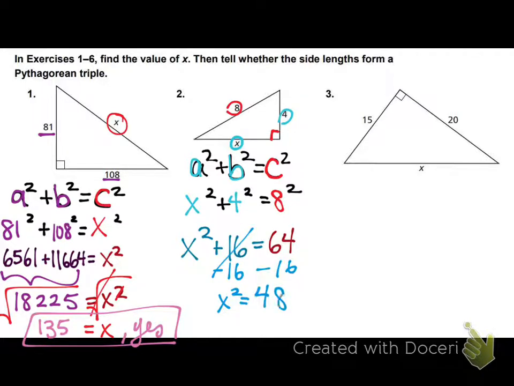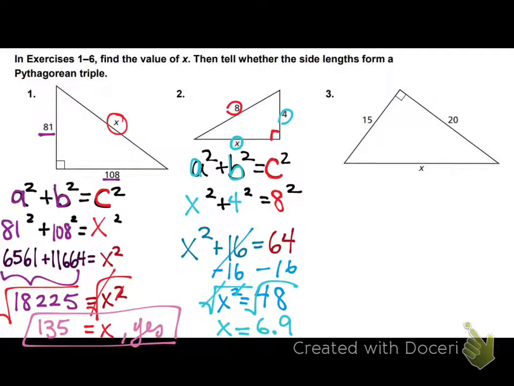It is 48. So again, x squared equals 48. We want to get x by itself. X is being squared. The opposite of squaring is square root. So x equals, we're going to round to the tenth,